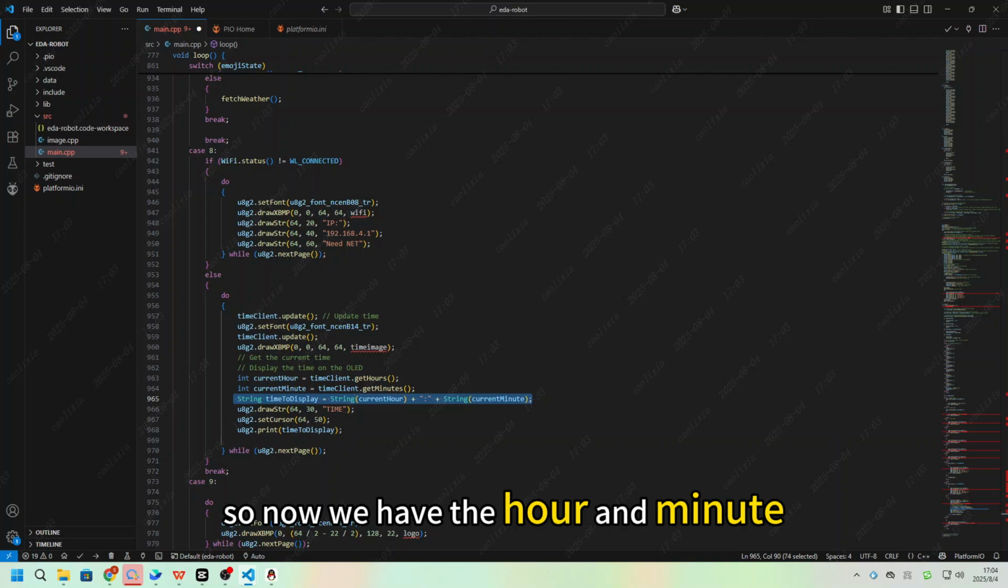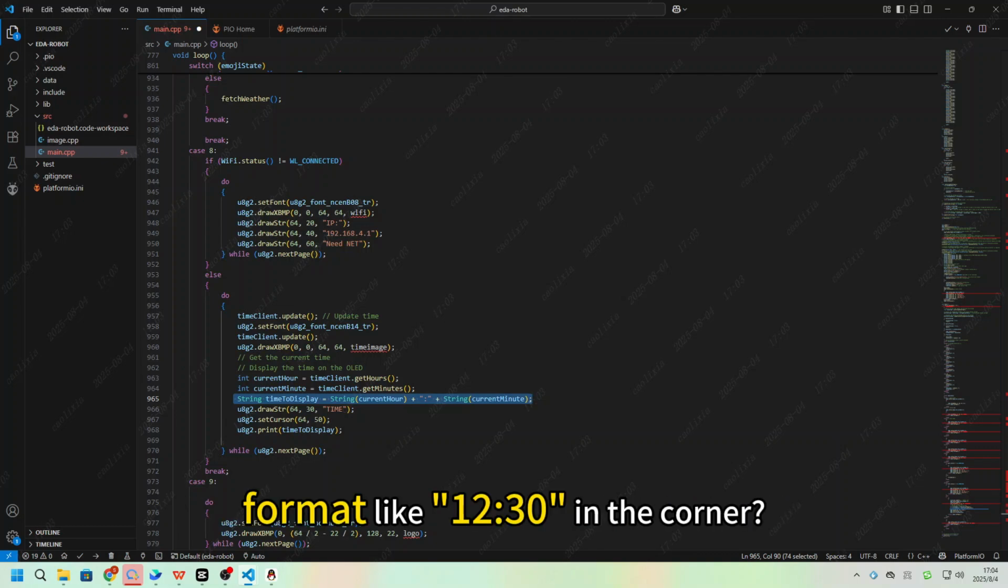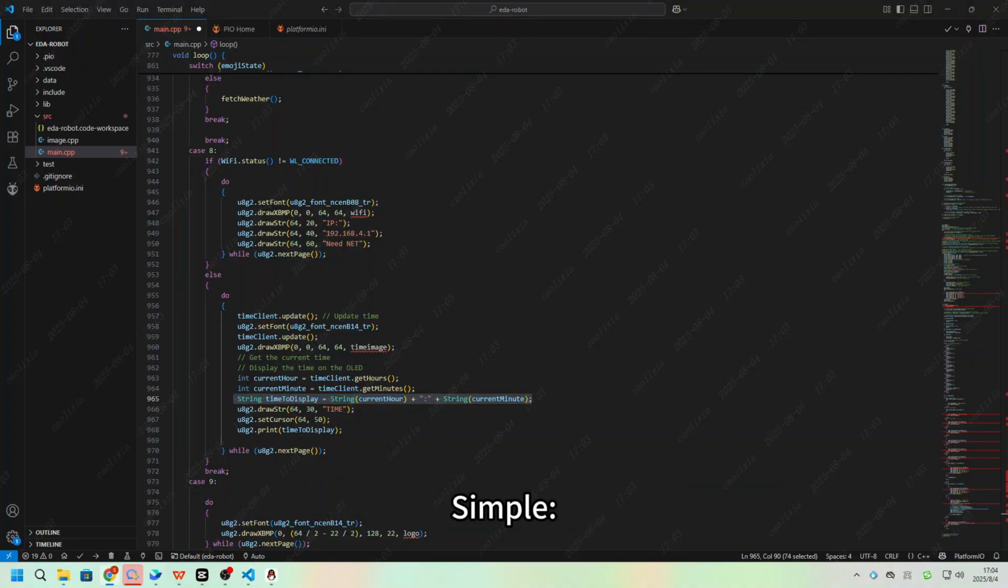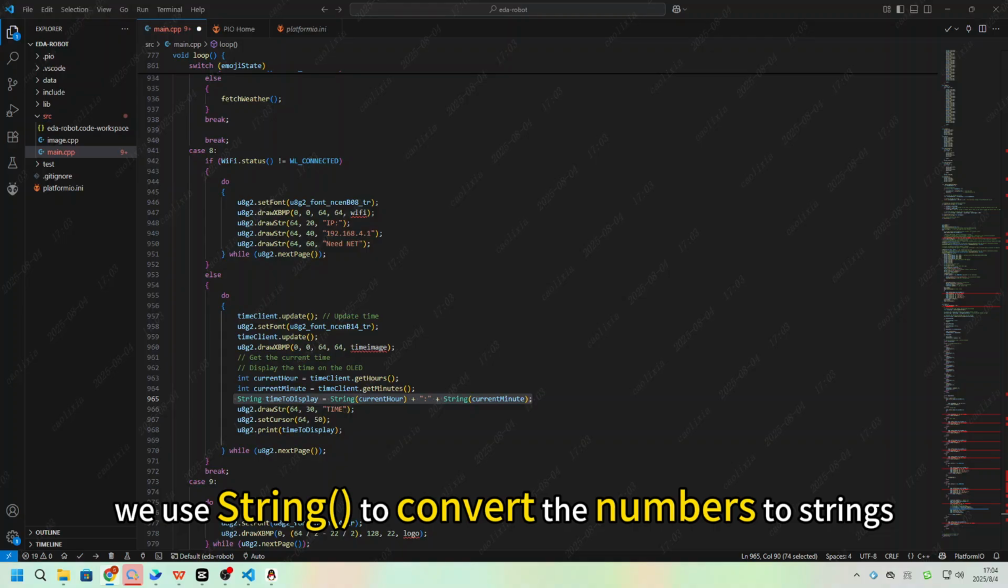So now we have the hour and minute. How do we make it look like a proper time format, like 12:30, in a corner? We need to add a colon between them, but these are int types, so how do we combine them with a colon? Simple. We use string to convert the numbers to strings and